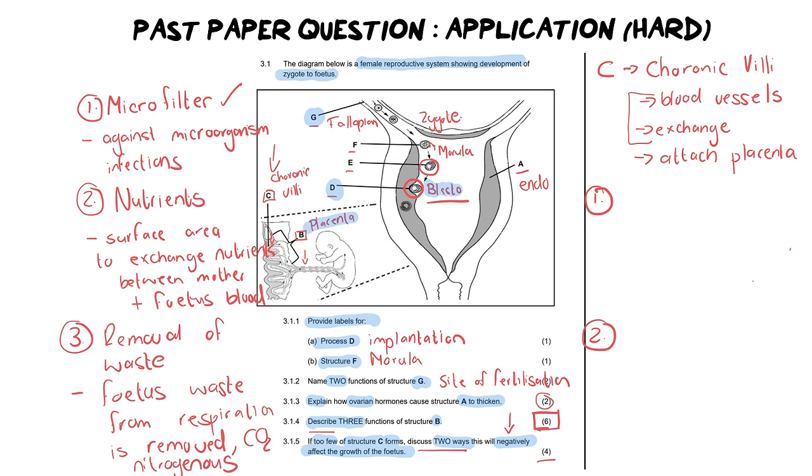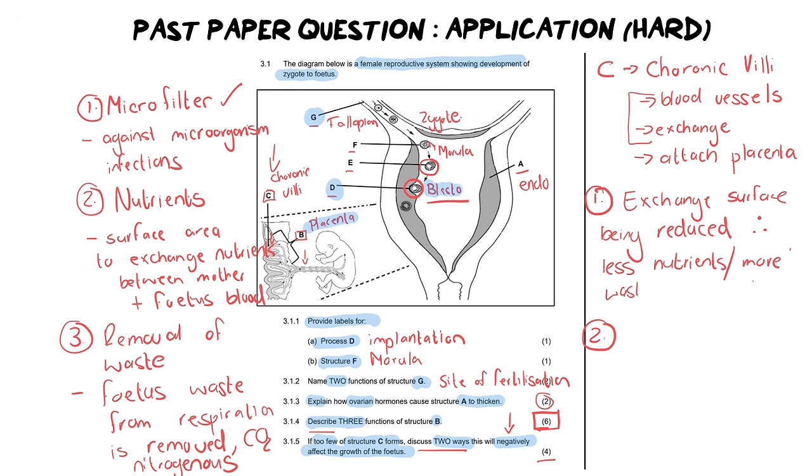What we're going to say is based off of the exchange surface being reduced, because remember, they didn't form as many, right? Therefore, less nutrients / you could talk about more wastes